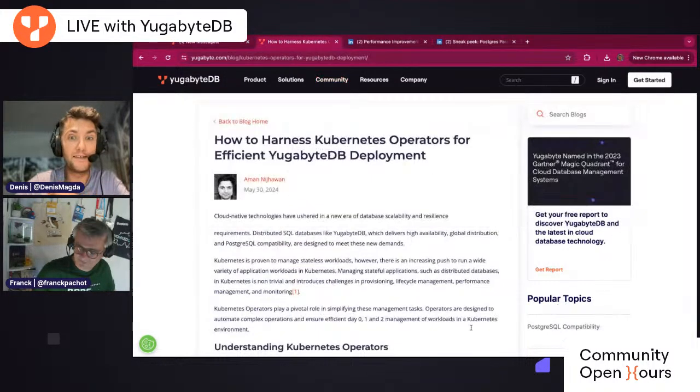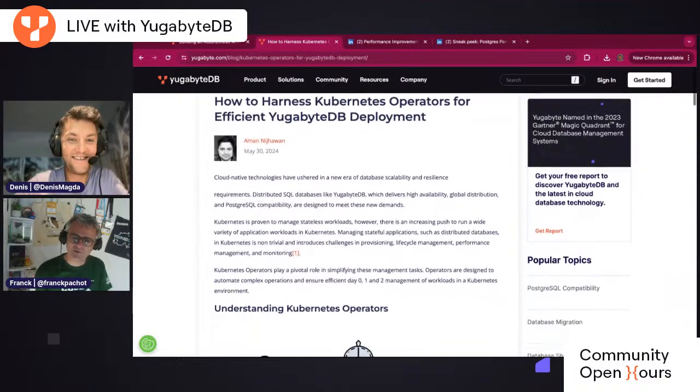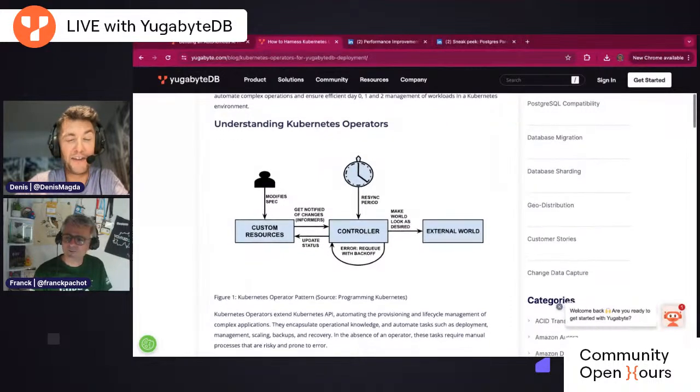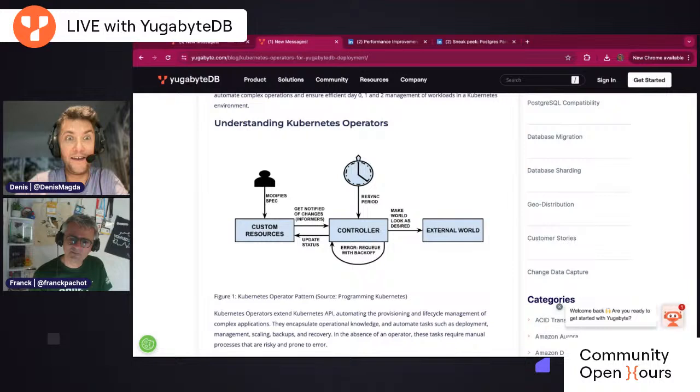So the next one is important for those who run YugabyteDB in Kubernetes environments. And recently, that's something we got a lot of questions about. Everybody wants an operator. Even though we have Helm charts, everybody is asking for an operator. And I remember, Frank, that somewhere on Twitter or LinkedIn, when you shared this article, you said, yeah, the operator is cool, but I also want to understand why you would prefer an operator versus Helm charts, right? Did you ask this question?